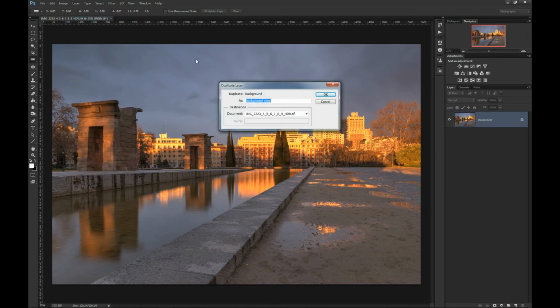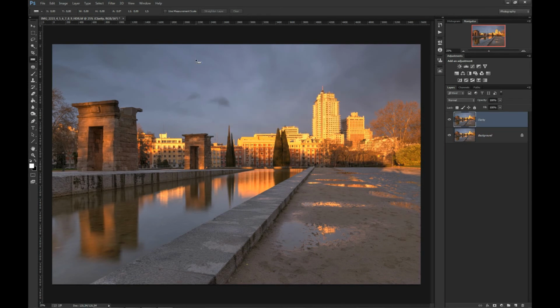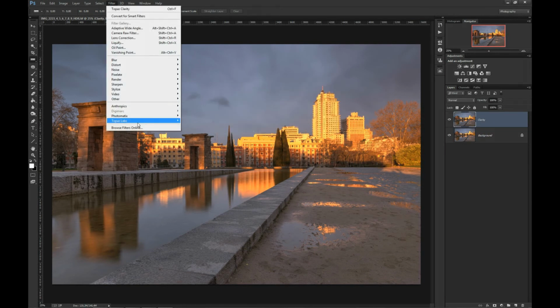I'm doing this because I don't like working on the background layer. I like to be able to go back to the beginning of my processing. Let's name it Clarity. Okay, now let's go to Filter, Topaz Labs,